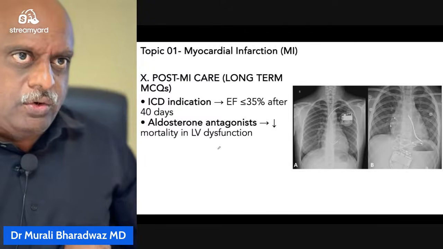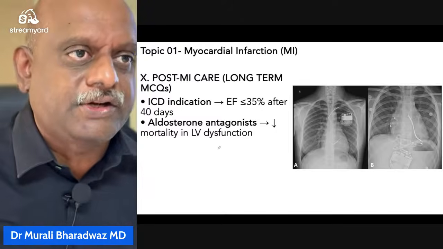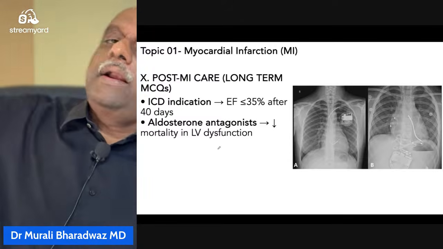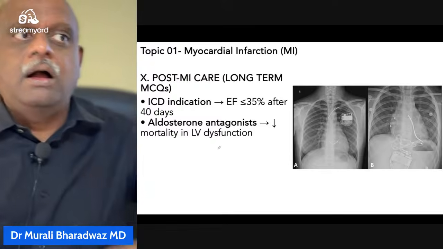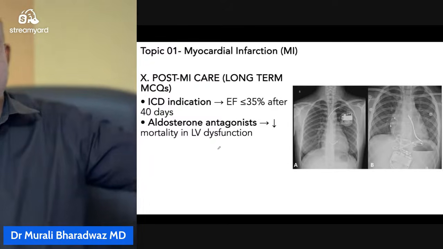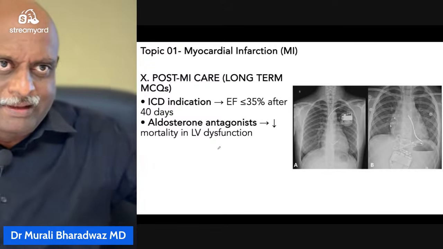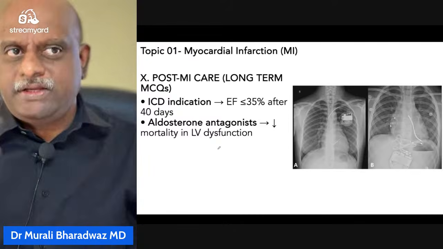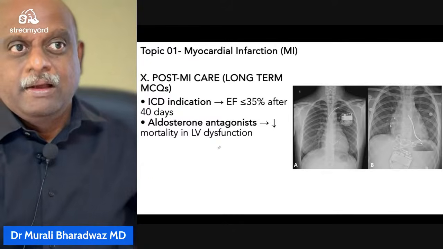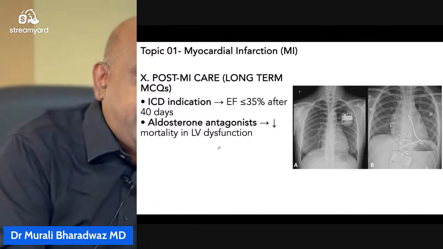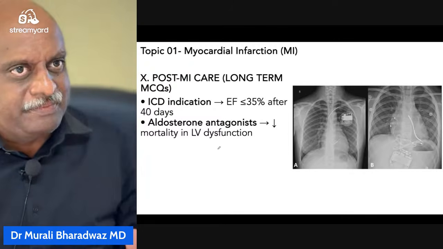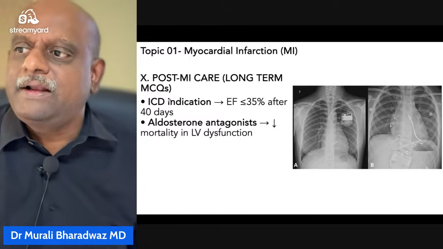You do a 2D echo and calculate the ejection fraction. What is ejection fraction, doctor? The heart receives the blood, and the heart pumps the blood. So it is the amount pumped divided by the amount received. Normally 65% of the received blood is pumped. But the moment it goes to less than 35%, the heart has failed as a pump. So that is an indication for